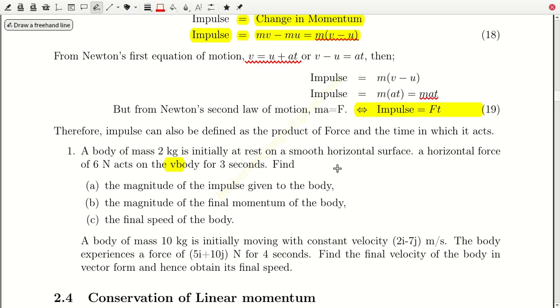To get the impulse given to the body, we shall just use this formula, force times time. The force we have is 6 newtons and it acts for 3 seconds. So we have 6 times 3,